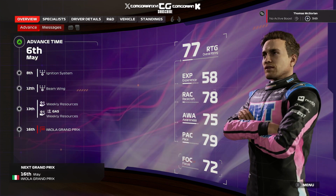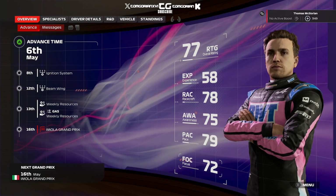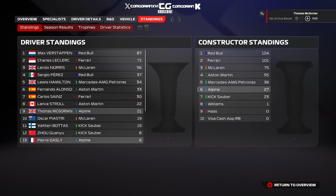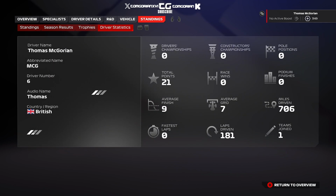This is the 5th race of season 1 of the Alpine to Glory here at Imola. One of my favourite circuits of the F1 calendar this season, the Emilia-Romagna Grand Prix. And yeah, as you can see, we are having a good season. We are 6th in the Constructors and we are 9th in the Drivers' Championship. 21 points to our name. We are 1 point behind Lance Stroll and 2 points ahead of Oscar Piastri, and our teammate is actually doing